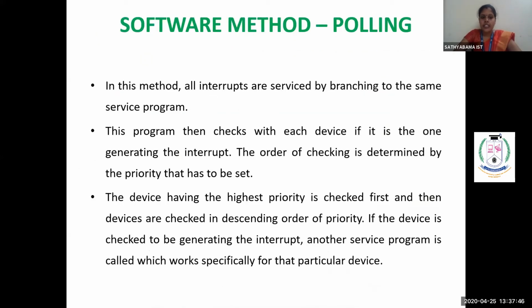In the priority interrupt, we saw two types of interrupt: hardware interrupts and software interrupts. Two hardware examples we have seen: daisy chaining and parallel priority hardware interrupt. Then for the software method, one example we saw, that is polling. I think you understood all the priority section now, right?